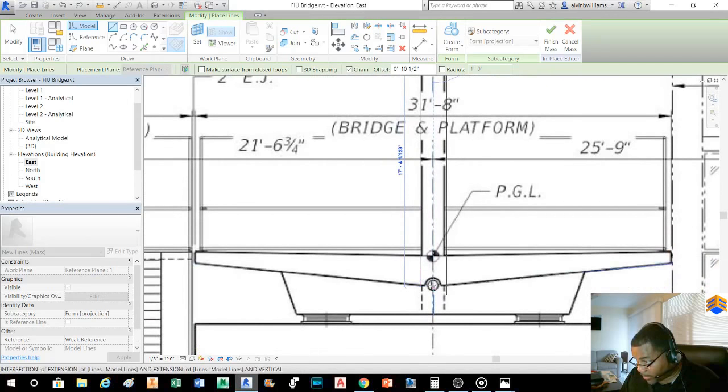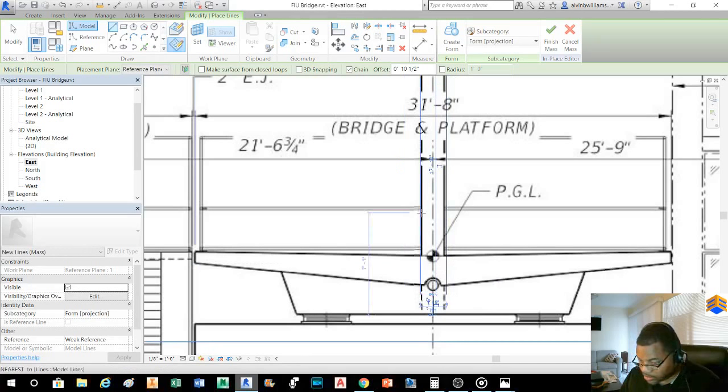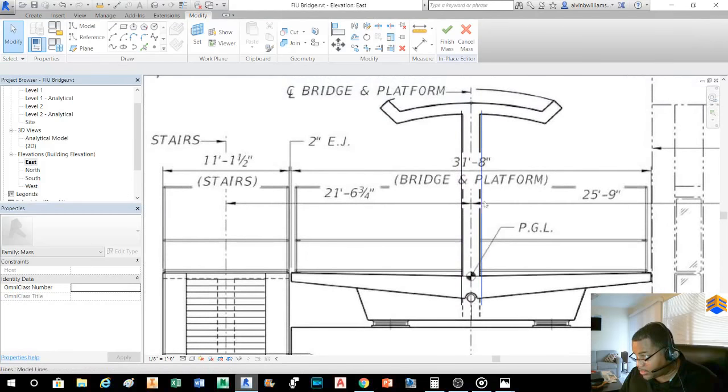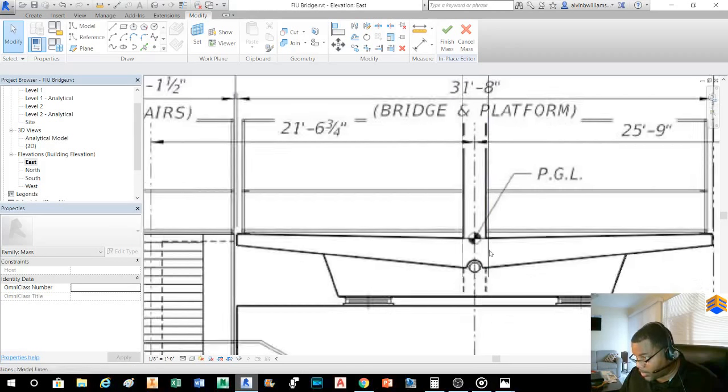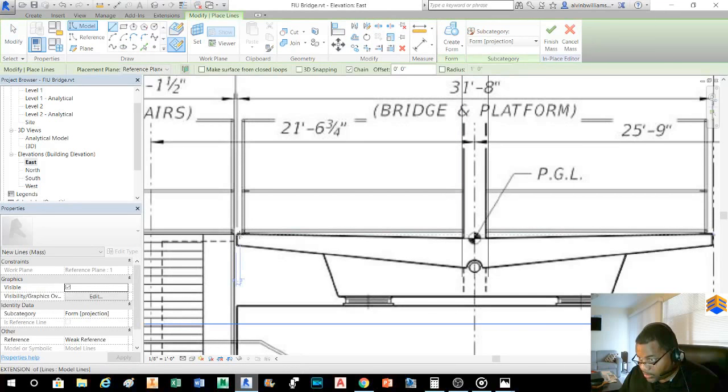I'm not going to worry about it being exactly like where on the image, because the drawing that I'm looking at says the truss is 1 foot 9 inches wide. And again, like I said earlier, don't worry about being exact if you have the exact on the image per se. But if you have numbers, you go by those. So anyway, we got this line here that we want to attach here and go over to here